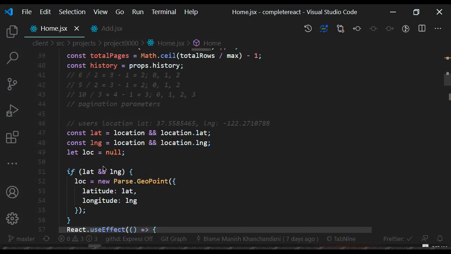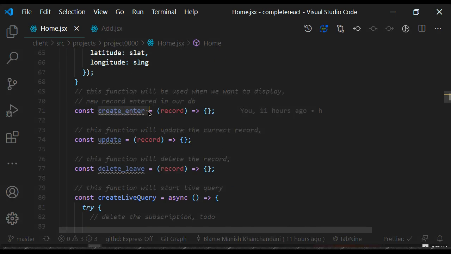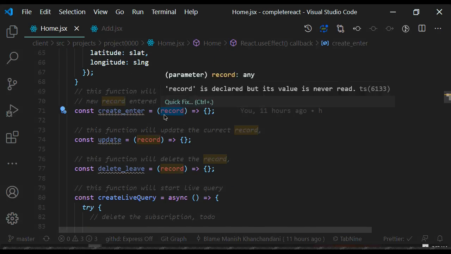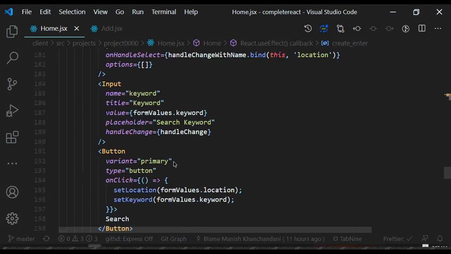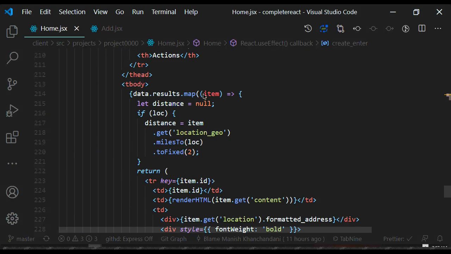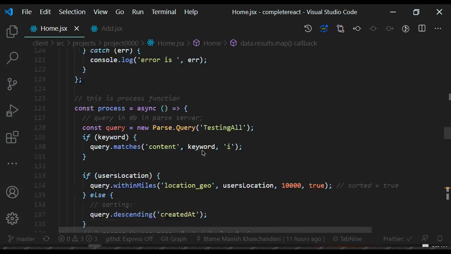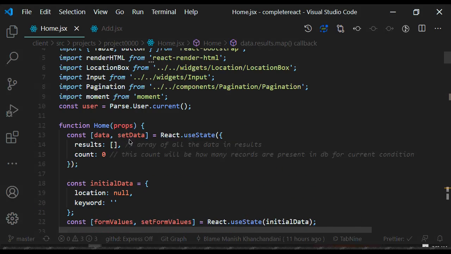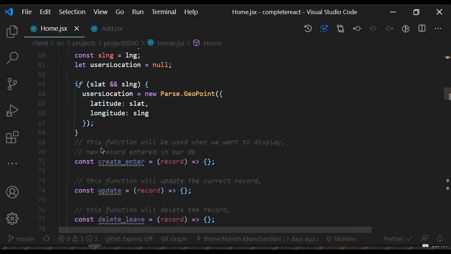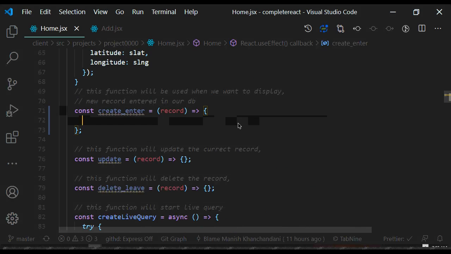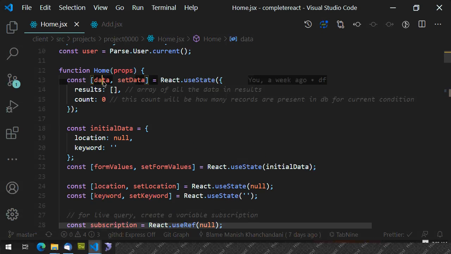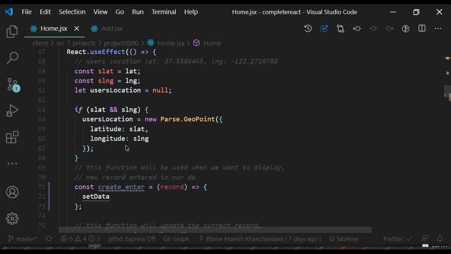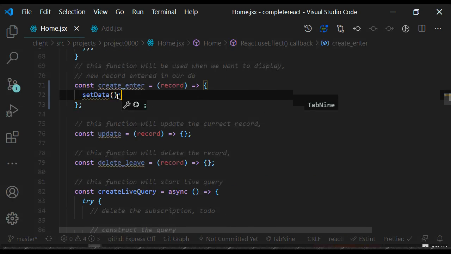So let's do the create part now. Whenever the new data is created, I will call this create event function, and I will pass the record. This record will be similar to this item which we get, and we will add that in the results array. So whenever I get new data, I will call the set data function, because we have to update the data, and we have to update the results and the count. So I'll call the set data function, and in the set data I have the arrow function,